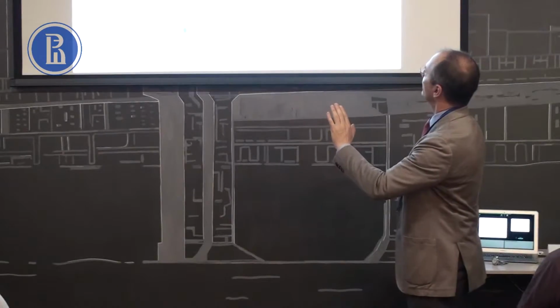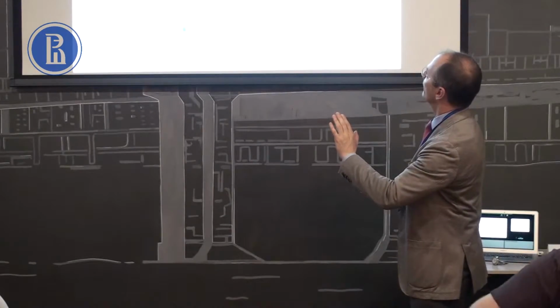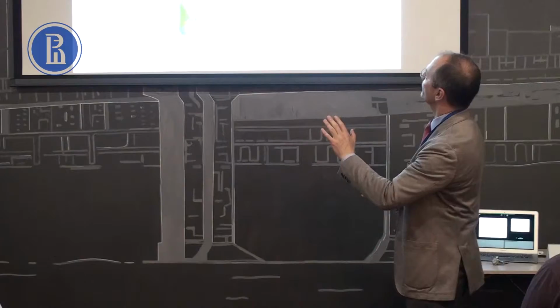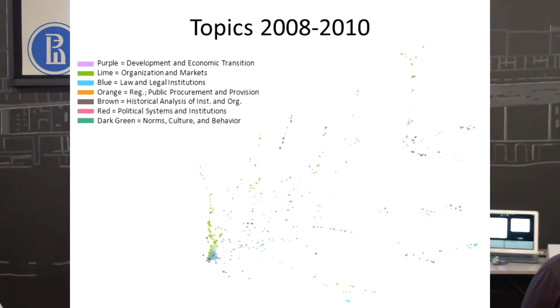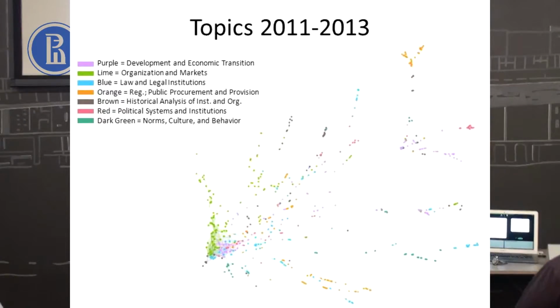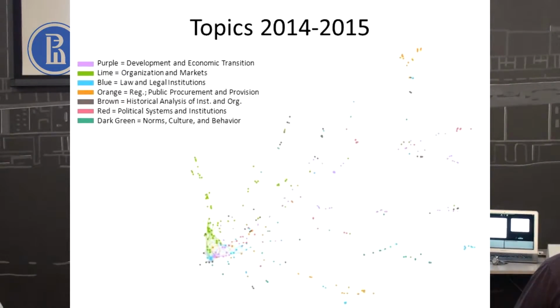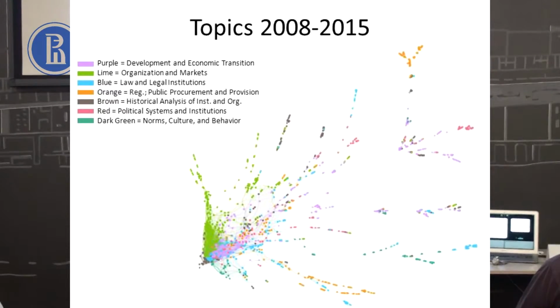So it was like from 2008, 11, 13, 14, 15, and this is the whole cluster. It's hard to read. This is not the purpose. The purpose is how you can show that certain topics are indeed together if they refer to the same topic, but some of the same topic are far away and more related to others. So here you see a little cluster of organizational markets in green together with a purple, which is development and